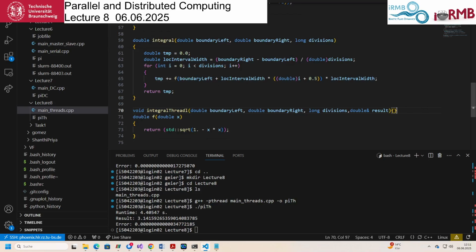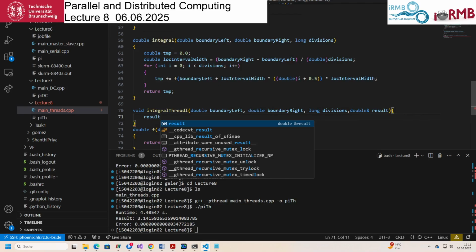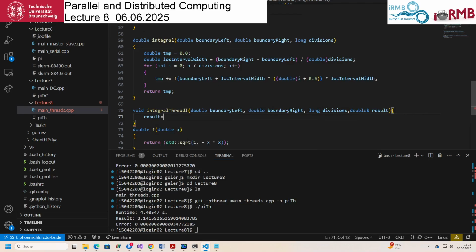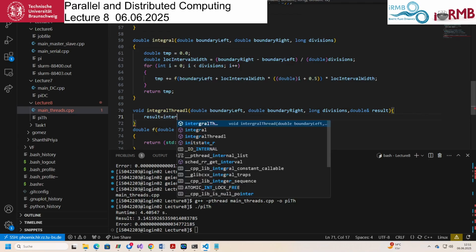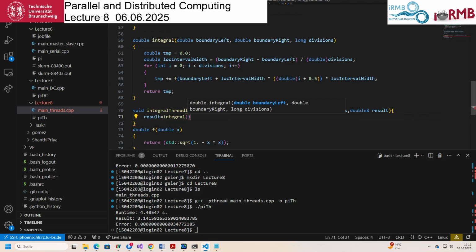So, what is this supposed to do? It's pretty simple. It will put into result. Okay, this is basically what we call a wrapper. Yeah, so it uses the function. It just changes the outside behavior. We simply put in result the result of the integral that now we call with, okay,